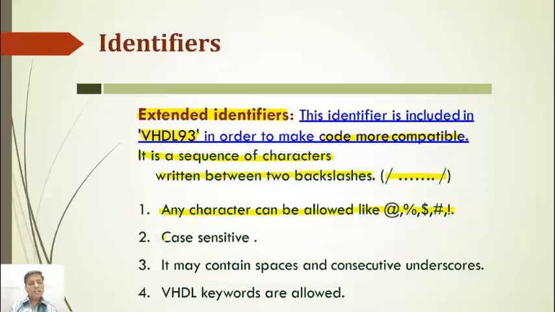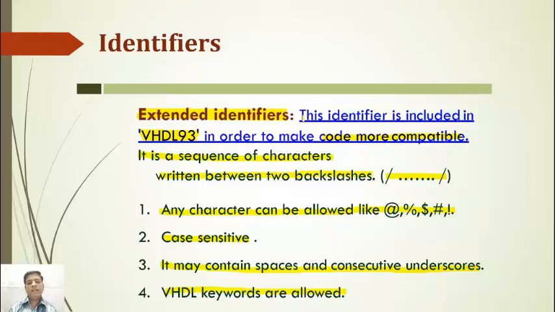It is a case sensitive parameter. It may contain spaces and consecutive underscores. VHDL keywords are also allowed. So these are the main differences between the basic identifier and the extended identifier.